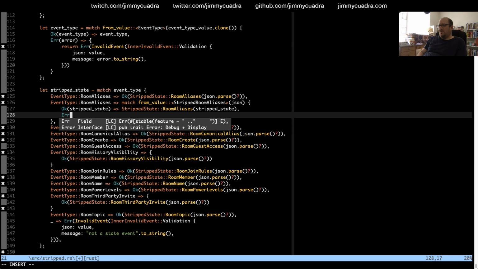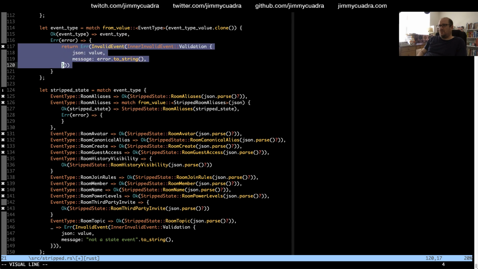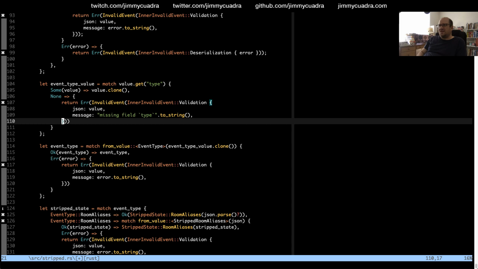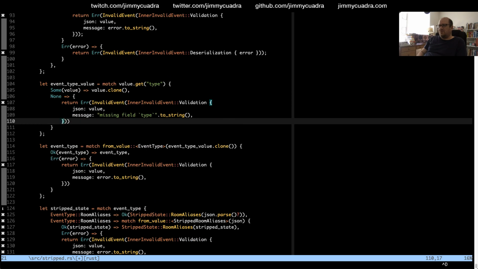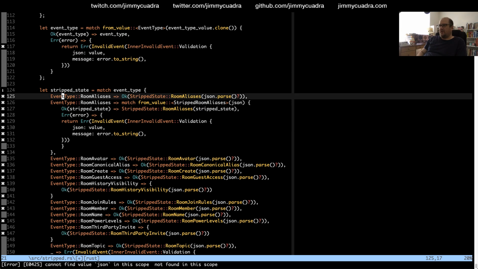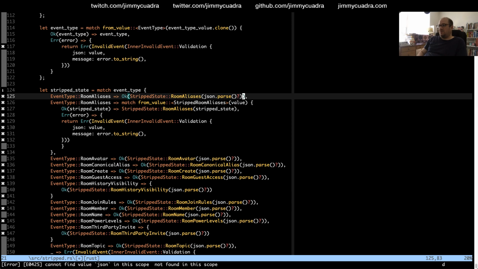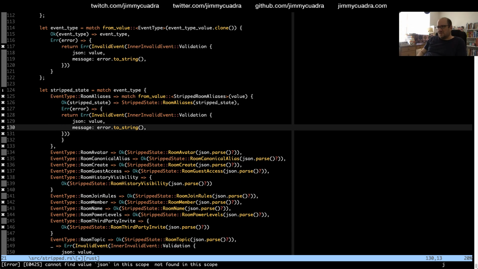And if it's an error, then we're going to do this stuff. Why is it called JSON in some places? Oh, it's value. Oh, right, because JSON was the string. So this actually needs to be value. And I probably need to clone it, but let's see if it gives us an error first.